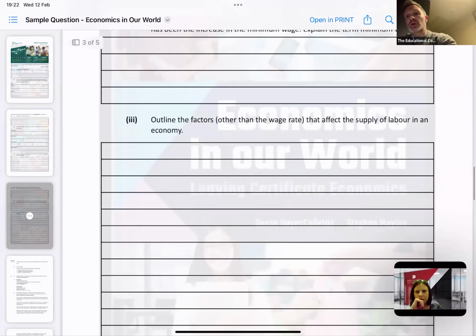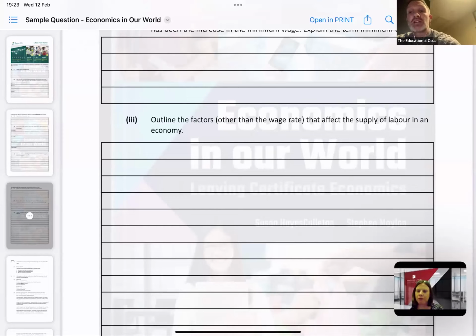But I also put in this question in that part 3. Again, it's something that has come up in the last couple of years where the SEC will give you 1 and then it's other than. So again, it's here, it's outline the factors other than the wage rate. You'd be surprised the amount of times in the summer that you actually get the wage rate now in this answer, for example. Like, students really do need to read the question. And again, training them to do that in your class tests, I think, is important. So I put it in here, other than the wage rate.